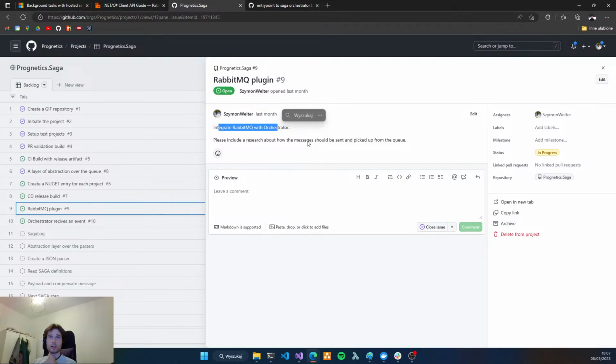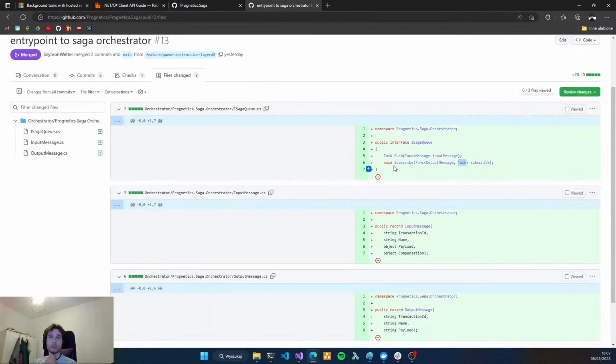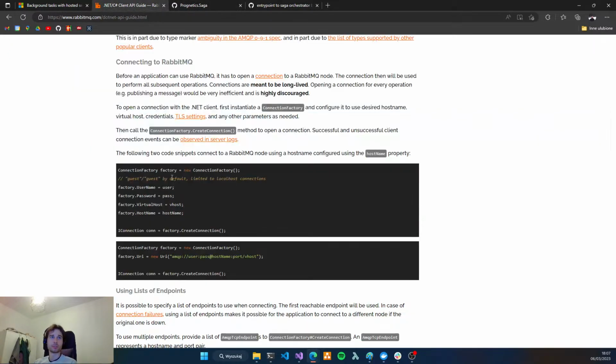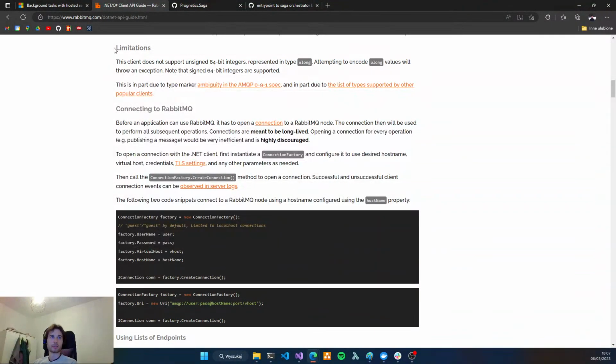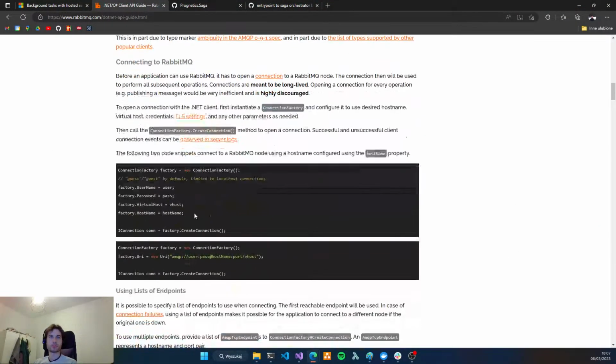It basically uses this interface to integrate with the RabbitMQ channel. I have the documentation opened here, and we will work with this today.